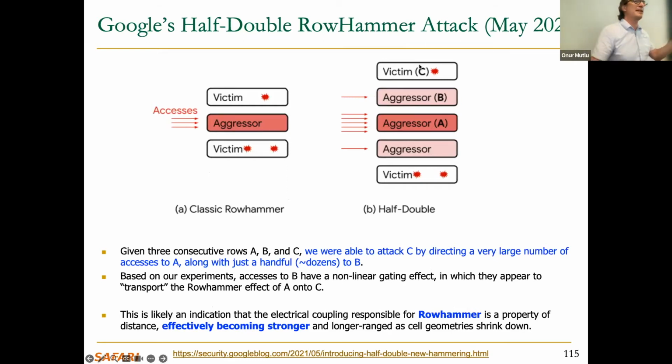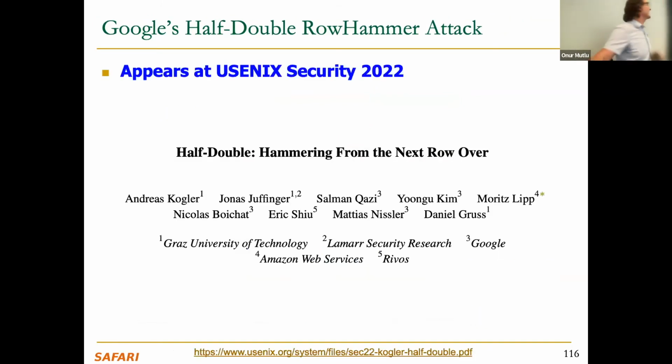Now, this may not sound that interesting, but it's actually very interesting because this makes the defense mechanism an attack itself. Why? Because if you're hammering the far aggressor, the defense mechanism would be refreshing the near aggressor, and the defense mechanism itself would be working as an attack. So that's the problem, basically. That's why this is so fascinating, I think. Okay, so your defense mechanism needs to take into account this one also going into the future.